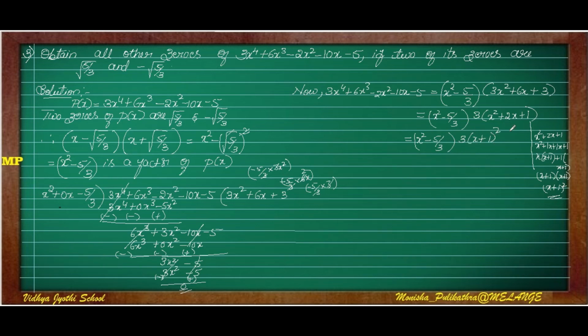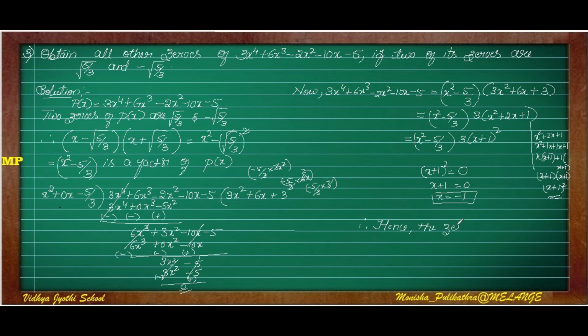So if I take (x + 1)² for factorization, that is (x + 1)² = 0. So x + 1, if the square root is taken, this side will become root. So x = -1. So one more value is x = -1. Since the square is there, we can write two answers for this. Therefore, hence